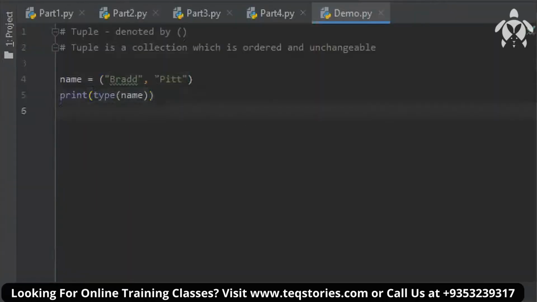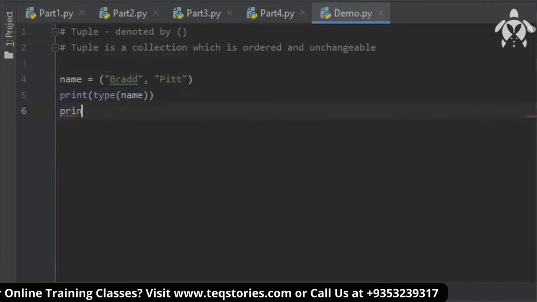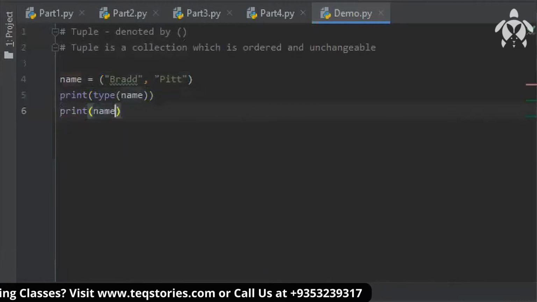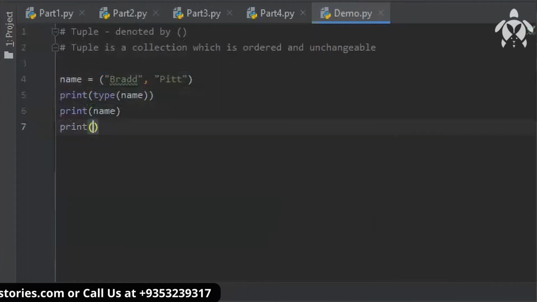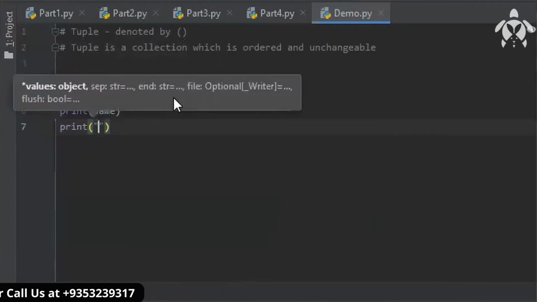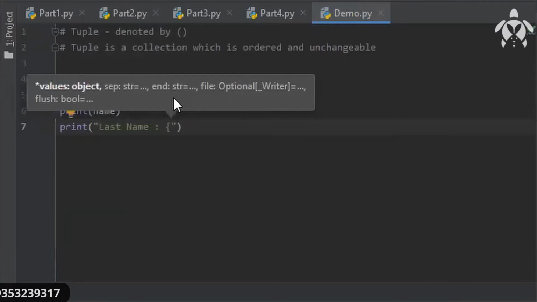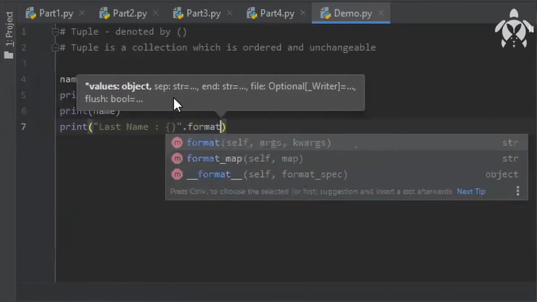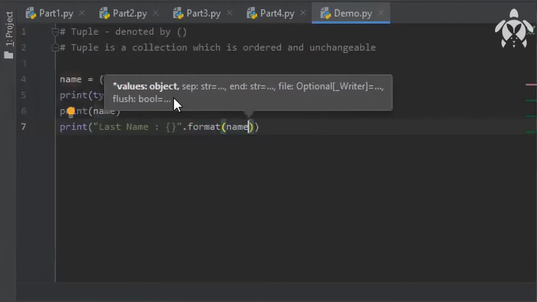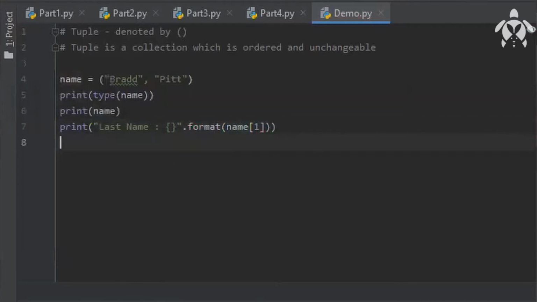You can print the statement in this way, print name, and you can write it by using the last name and the first name. For last name I will use curly brackets dot format name 1. So I've shown you dot format is also used to print a statement.